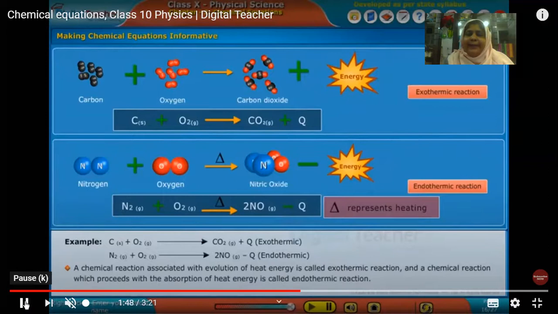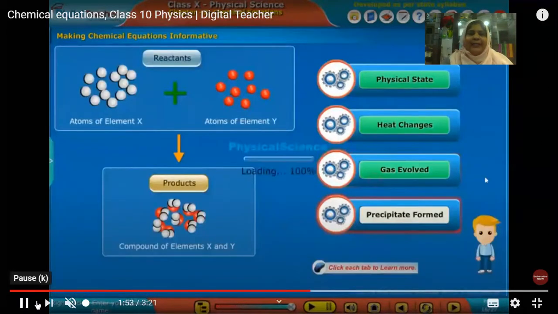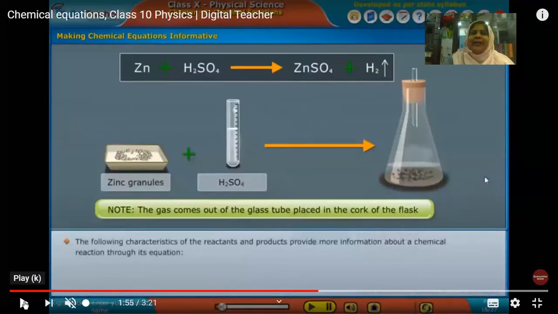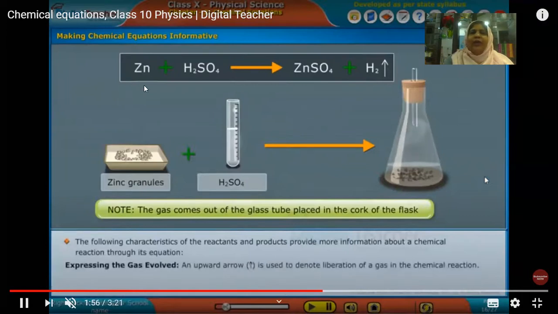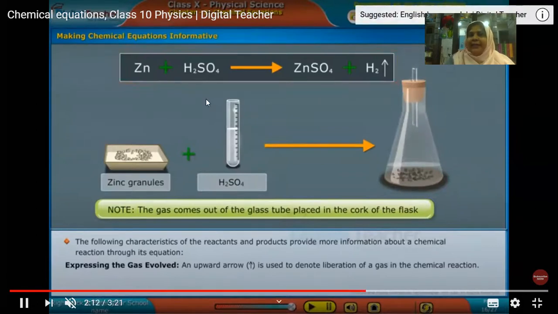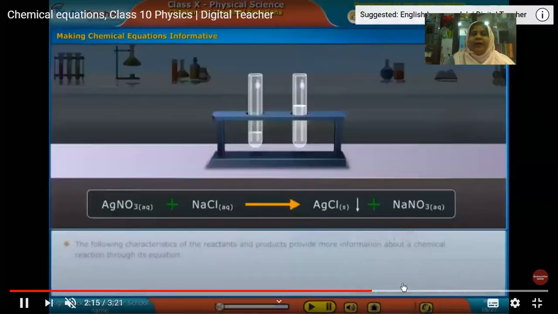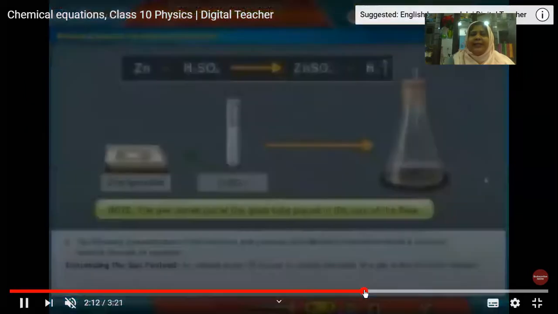So, the next aspect that you mostly get into is gas evolved. What happens? How are gases evolved during a reaction? Let us see. It's a common one which is there in our lab also. Many a times, Durga Madam has shown this experiment in the lab. Whenever you come to submit your projects, you can go to the lab, do this experiment, and see how hydrogen is liberated. So, zinc plus sulfuric acid, when it is added into the conical flask, you see that,